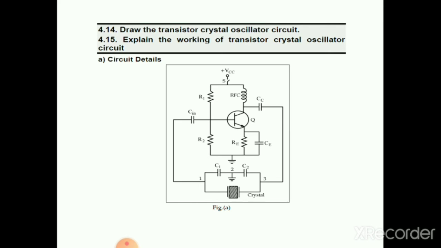The formulas, the derivations, theory part, right? Explanation, everything. Okay, so you must draw these circuits. Please draw the circuit on a paper so that while explaining it, you can easily understand.